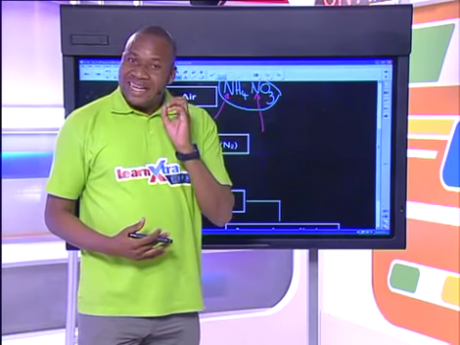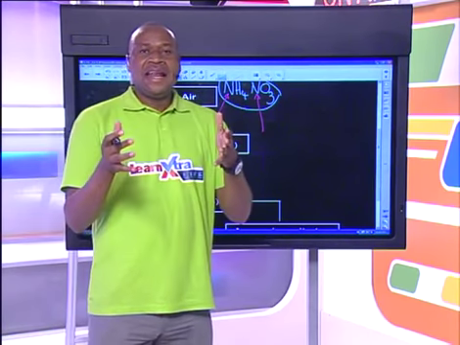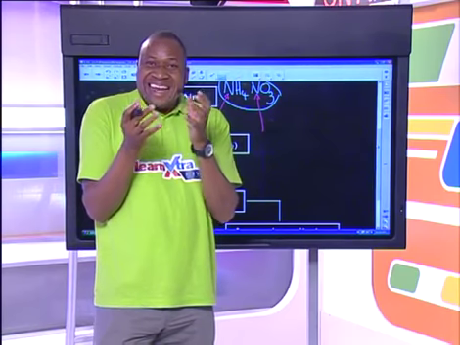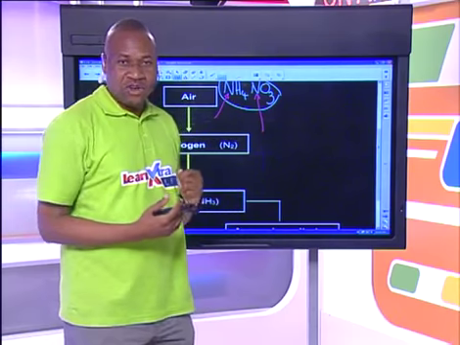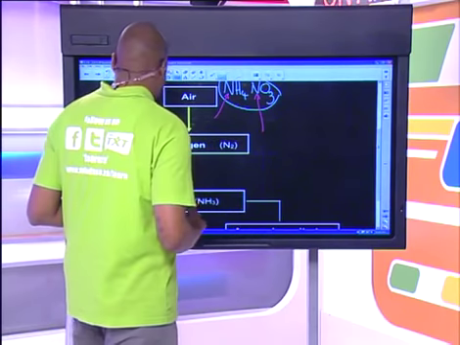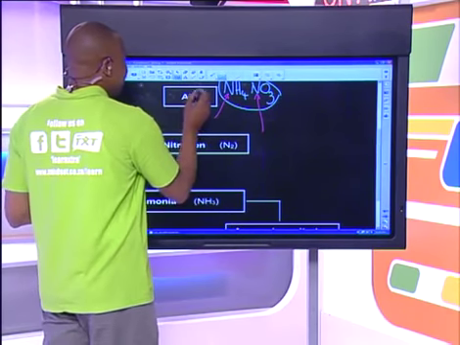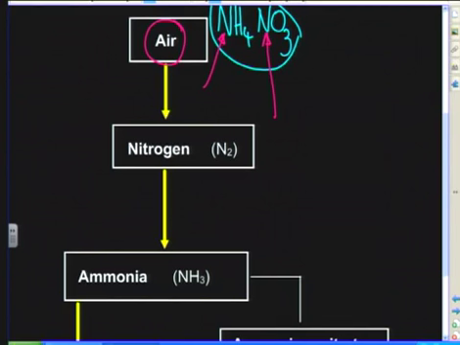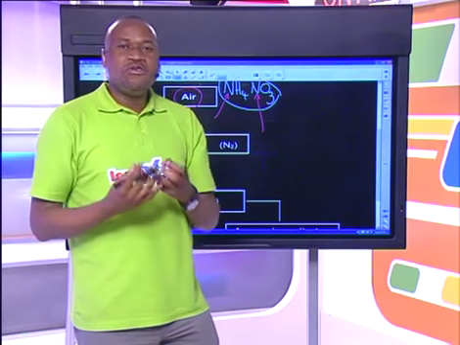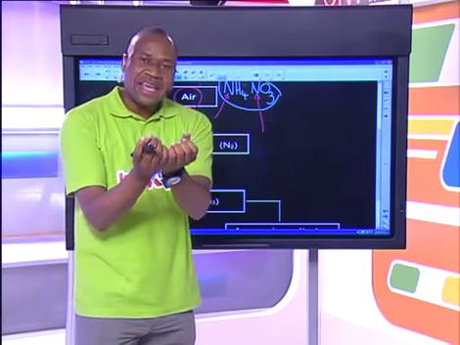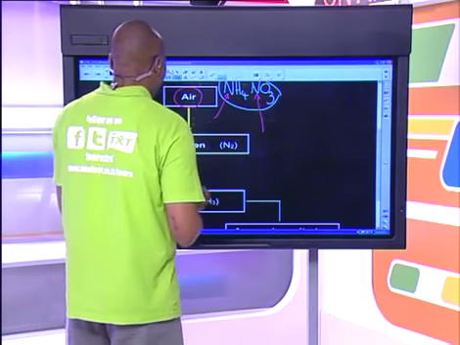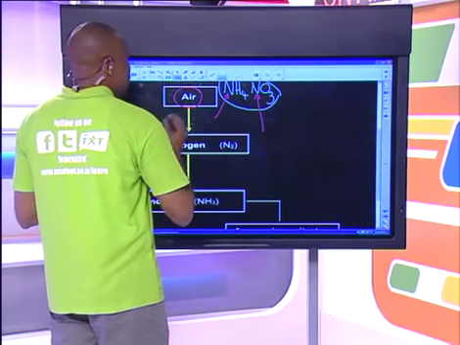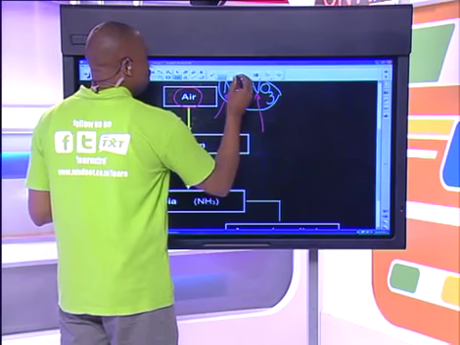But how is that done scientifically? As a learner there, you need to know how it is done and understand the science behind it, because that is what the exam will require you to know. Let's get to it. So there is air full of nitrogen and other gases that we won't need. Then what do we do to get that pure nitrogen gas that we can use? What we do is we use a process called